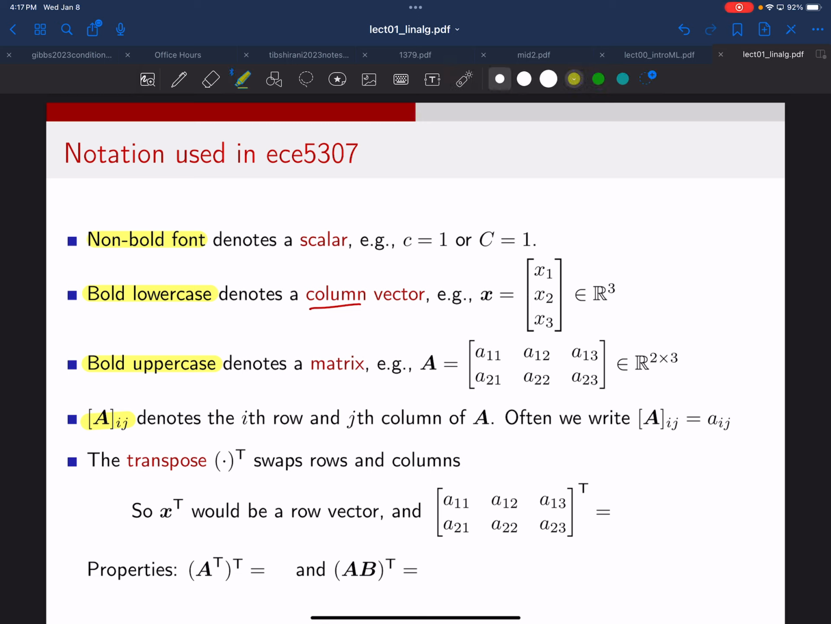And we have the transpose operator. The transpose operator is something that just basically swaps rows and columns. So if we start with this matrix here that has 2 rows and 3 columns, and we transpose it, what do we get? Let me ask this to